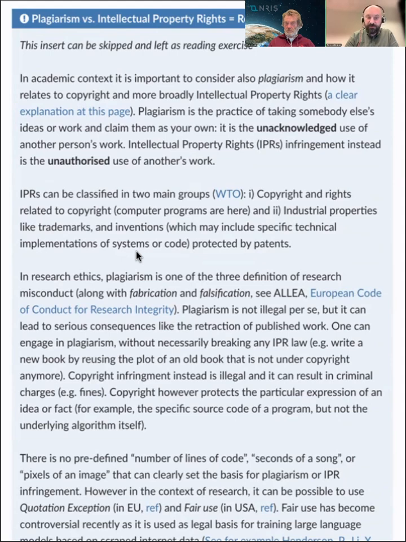Let's say you copy paste the scientific paper of someone else and pass it off as yours. If your organization or journal uses something like Turnitin, they will see that your paper is plagiarized because it's copy pasted from somebody else's work that you didn't acknowledge. So plagiarism is this type of unacknowledged work.